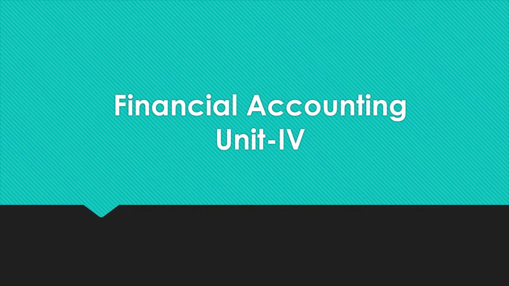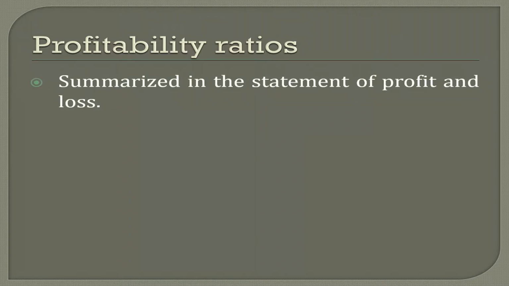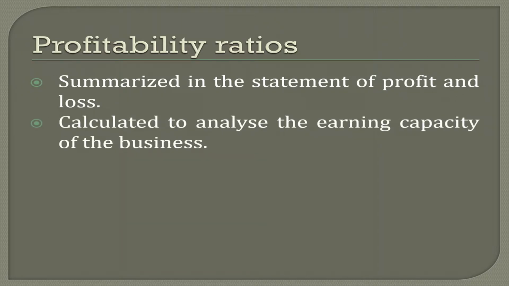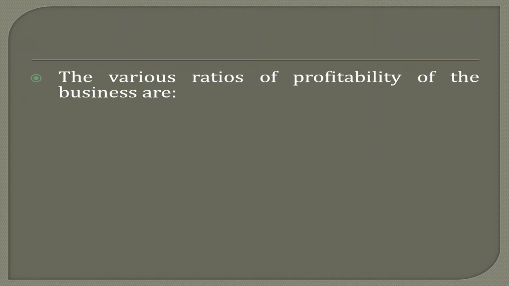In this lecture, we will cover the last type of ratio analysis, that is profitability ratios. The profitability or financial performance is mainly summarized in the statement of profit and loss. The profitability ratios are calculated to analyze the earning capacity of the business. There is a close relationship between the profit and the efficiency with which the resources employed in the business are utilized. The various ratios which are commonly used to analyze the profitability of the business are gross profit ratio,